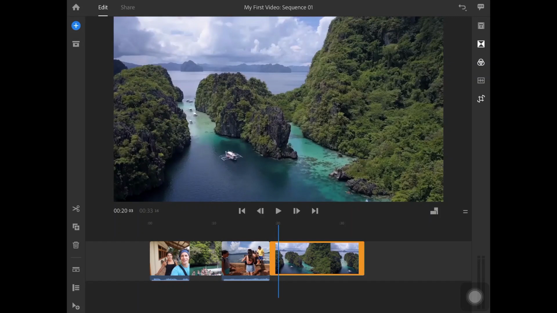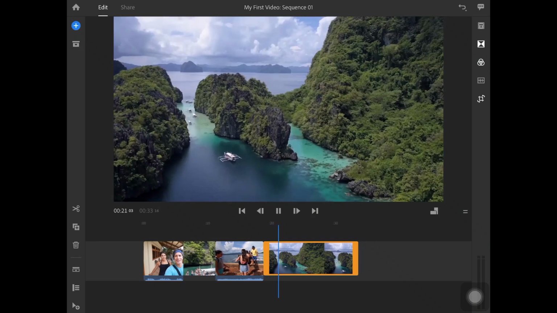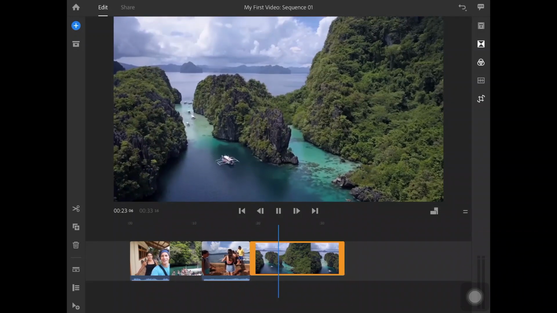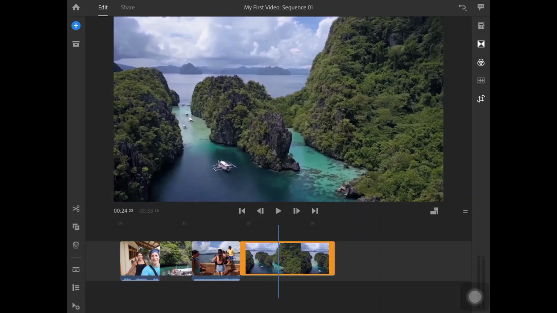Fourth one, if you can notice, it's a big clip compared to the previous three. So maybe I want to trim out something, but let me see which part I would really like to trim out. Okay, I think just that much is enough for me.